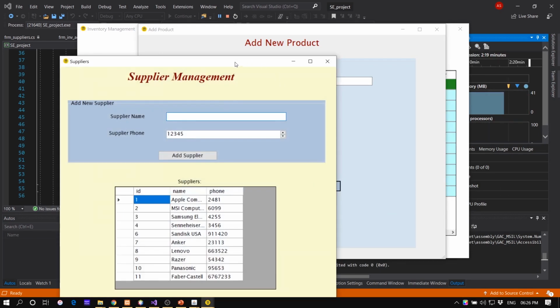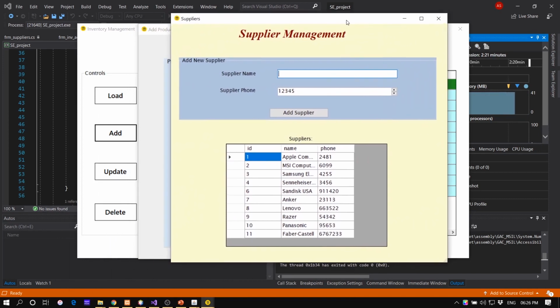If you click supply tab, you can see the supply management. It's also part of the test case. These are the suppliers. So I can add in a new supplier. If I don't provide a name, I'll get an error right here. So if I make a new supplier, say,